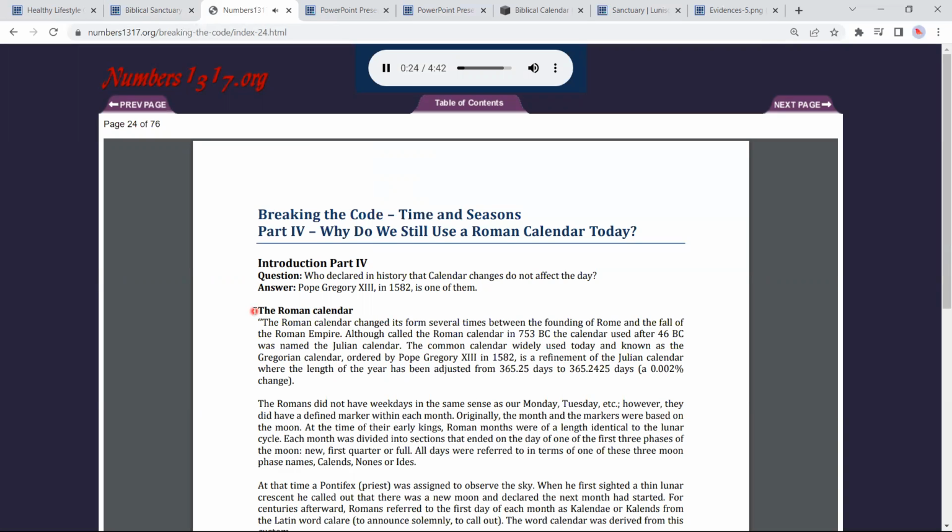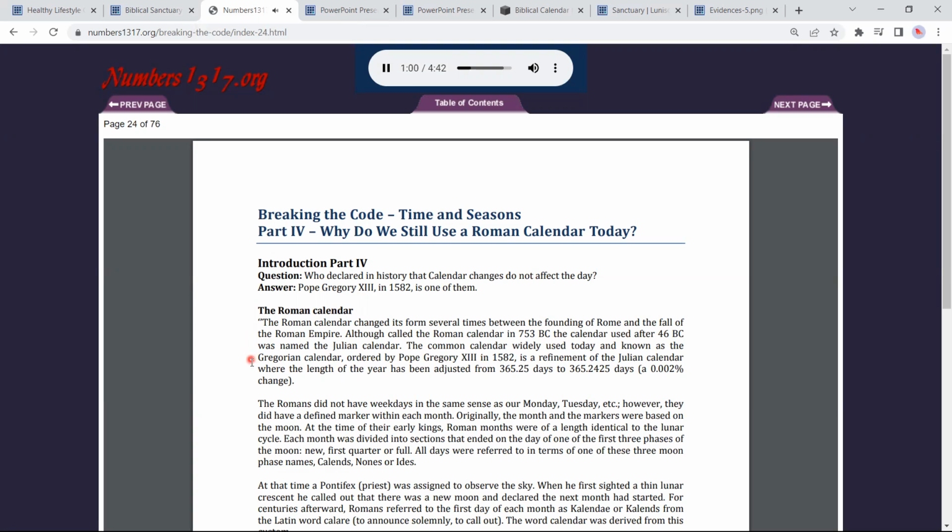This study on the Roman calendar is taken from online Wikipedia unless otherwise shown. The Roman calendar changed its form several times between the founding of Rome and the fall of the Roman Empire. Although called the Roman calendar in 753 BC, the calendar used after 46 BC was named the Julian calendar. The common calendar widely used today, known as the Gregorian calendar, ordered by Pope Gregory XIII in 1582, is